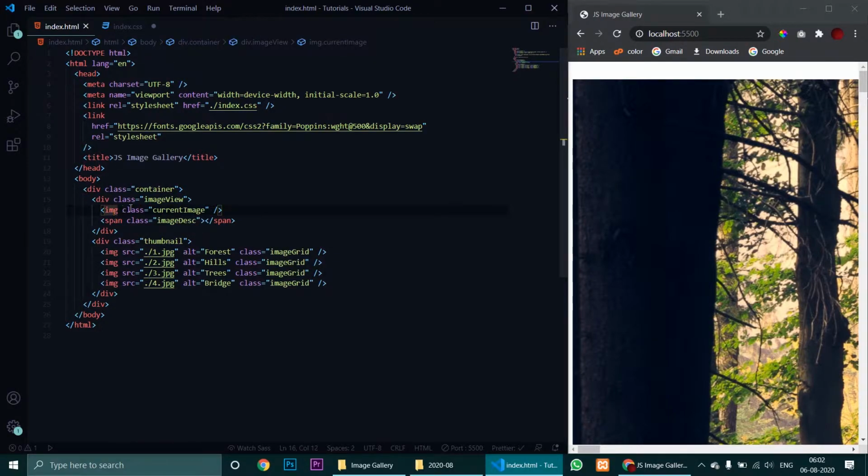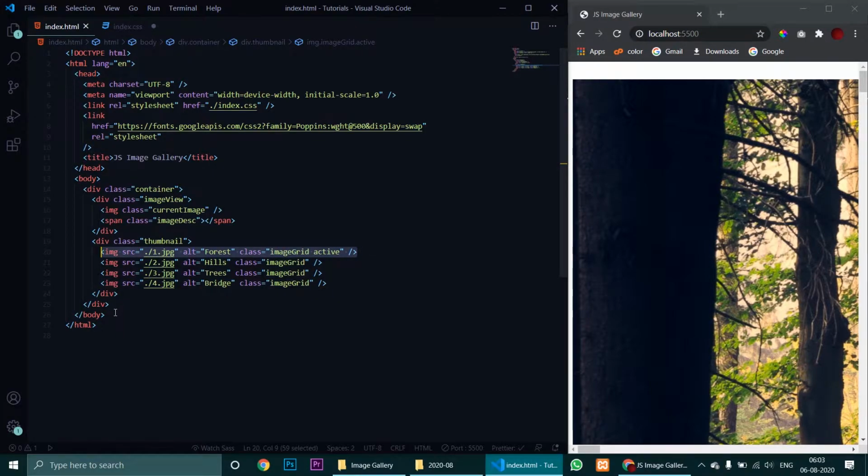Now current image, we haven't mentioned the source of the current image. So as I told you when I was explaining the functionality, whichever of these thumbnail images has the class active will get displayed in the image gallery. So by default the first image will have the active class, and we will have to display this by default.